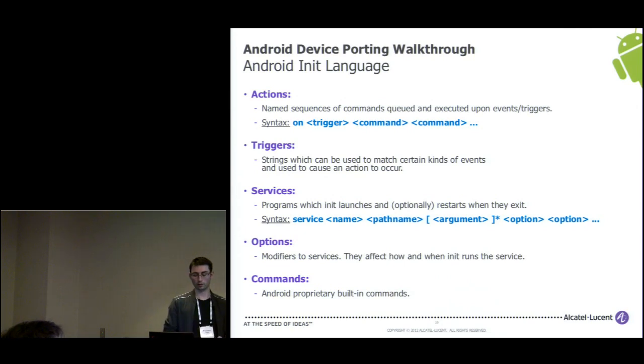So the next following slides are actually just a recapitulation of all the particularities of the init language from Android. So for defining, for example, the actions, the syntax is on trigger, then execute a list of commands. The trigger, as we've seen, can be the pre-file system, the file system, the boot state, different kinds of stuff. But you can also define the services within this